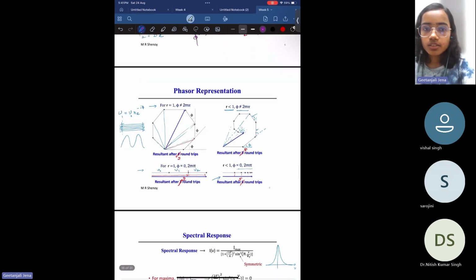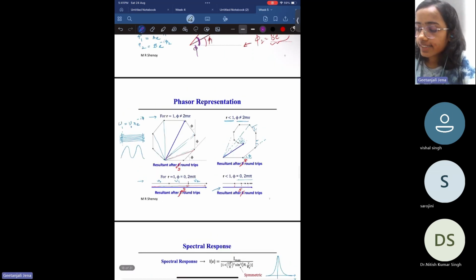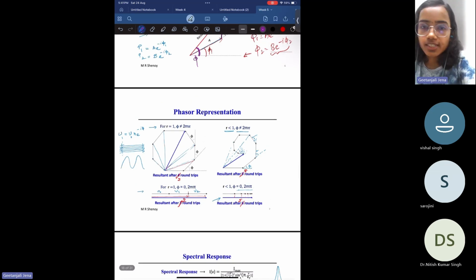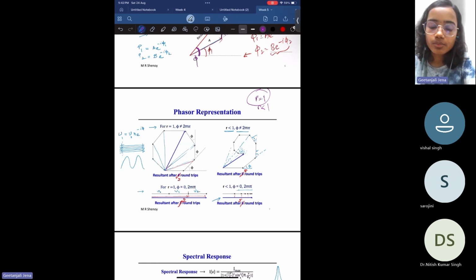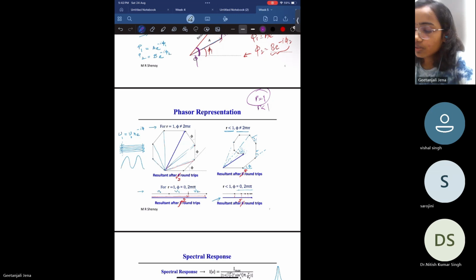Now let's take two different cases, where in one case the reflectivity is equal to 1 and in the other case the reflectivity is less than 1. Reflectivity equal to 1 means the losses of this mirror are nil, so we typically assume a lossless mirror. And when R is less than 1, it means there are losses in the mirror after reflection.